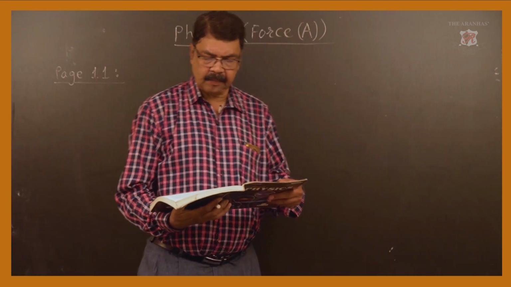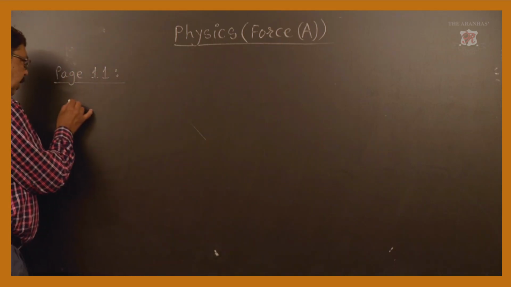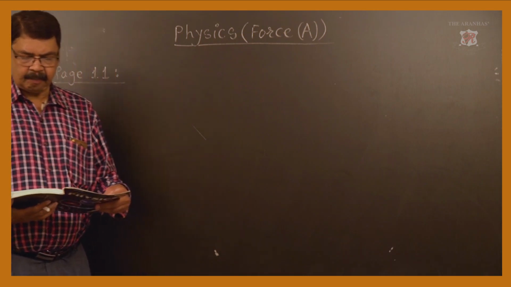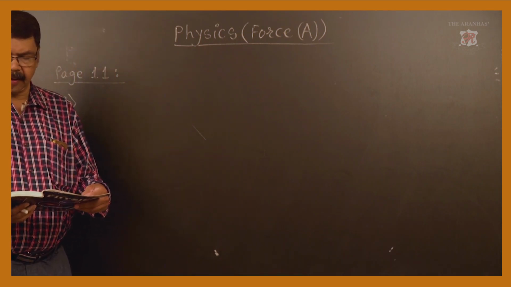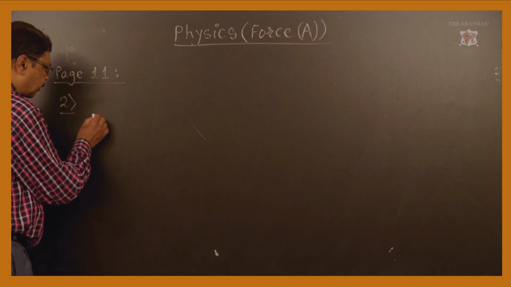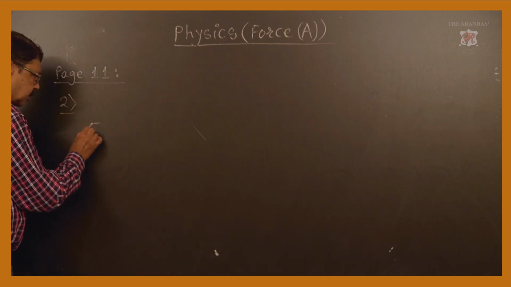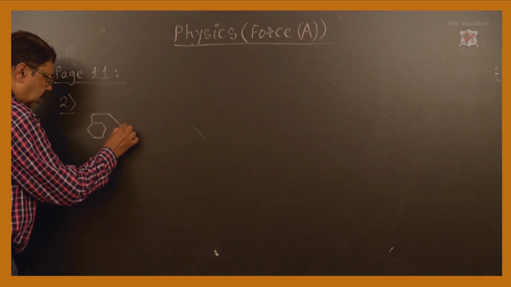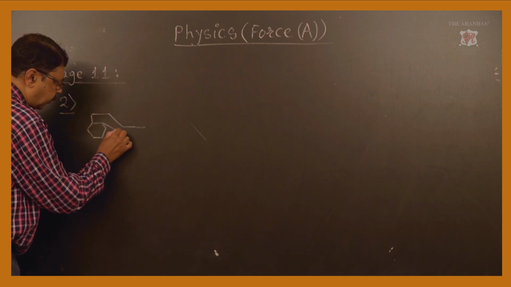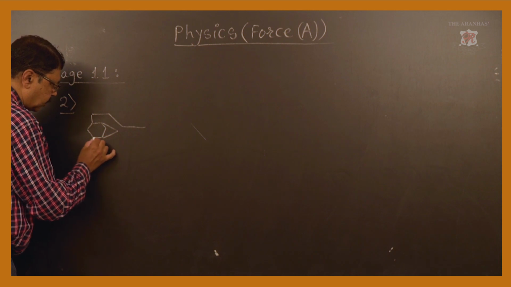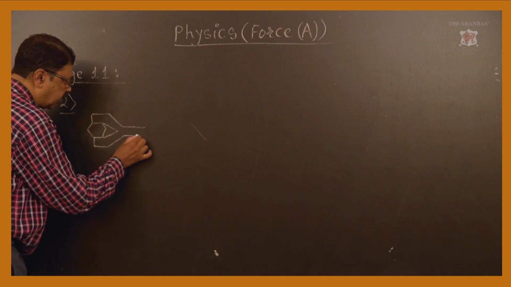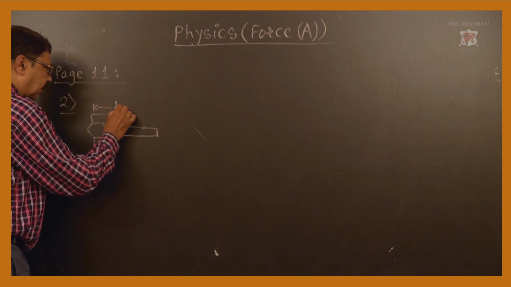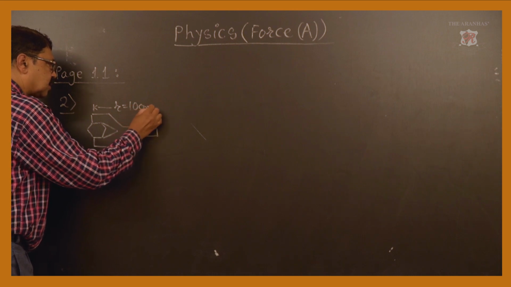I am starting with the second one. Just to get acquainted with these type of numericals, it says that a nut is opened by a wrench of length 10 centimeter. Explaining the concepts, this is a nut which is to be opened by using a wrench. Wrench is a type of spanner and you can use it for opening a nut. So the distance, that is what they have given, R equal to 10 centimeter.